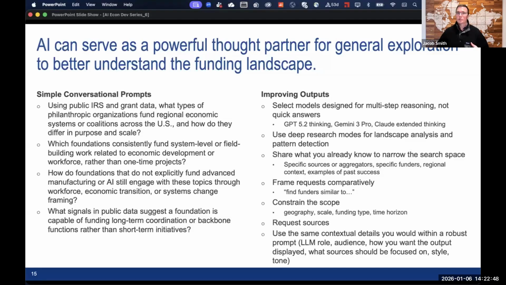So the more that you constrain the scope, the deeper the output that you will get on a particular thing that you're interested in. Most of the models at this point have gotten really good at actually citing the sources that they're using in line with the responses, or at least at the end of the response, you can see what it was using to generate that. That's an important piece to make sure that you can maintain trust in these models. And we already talked about this prompting source that's at the end.